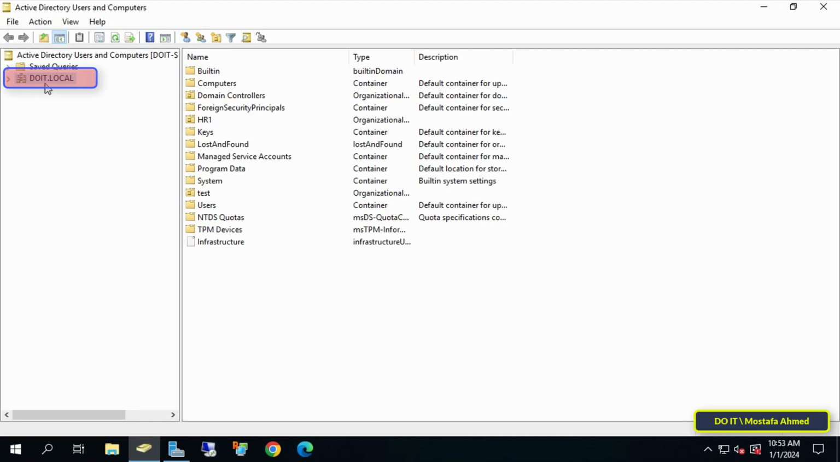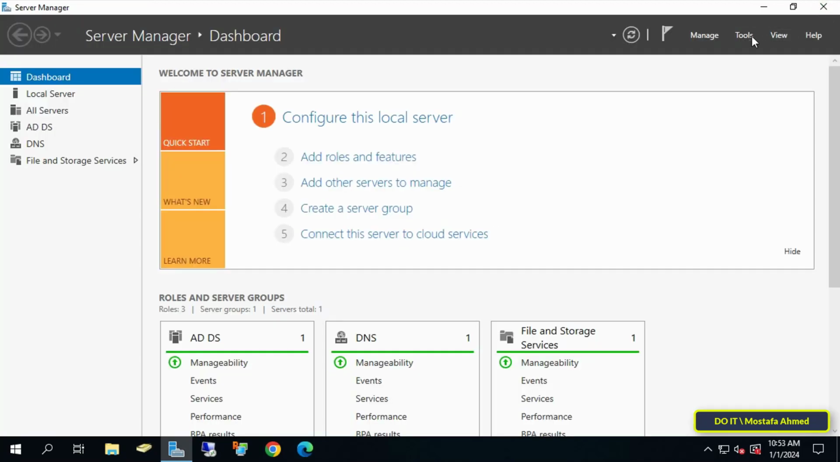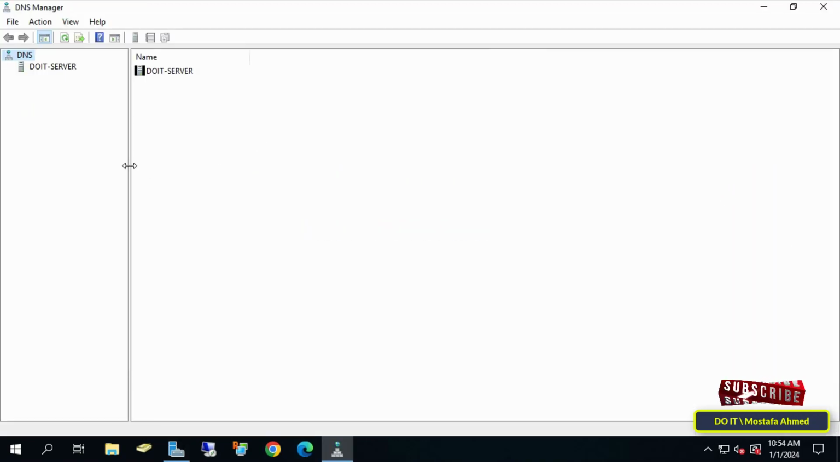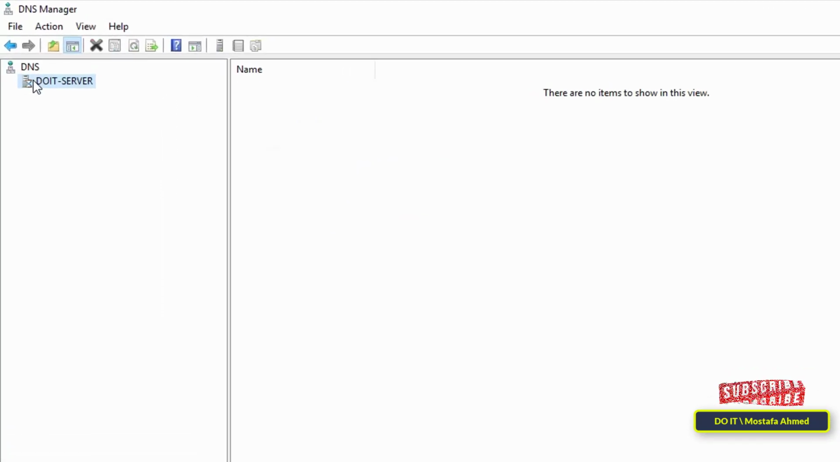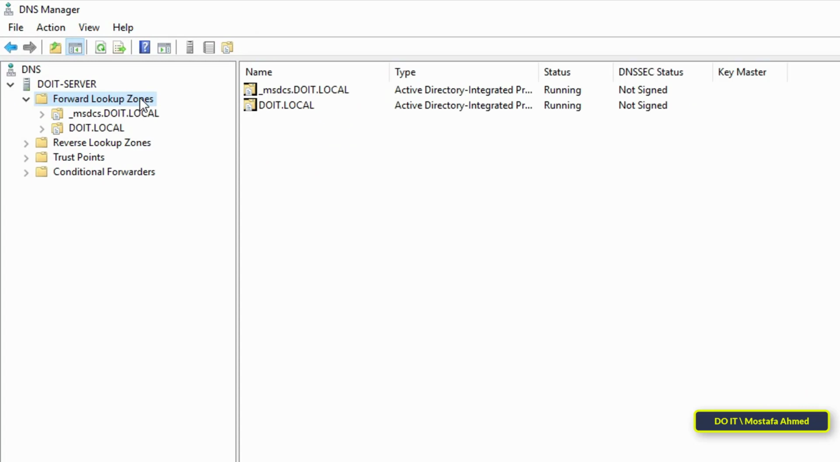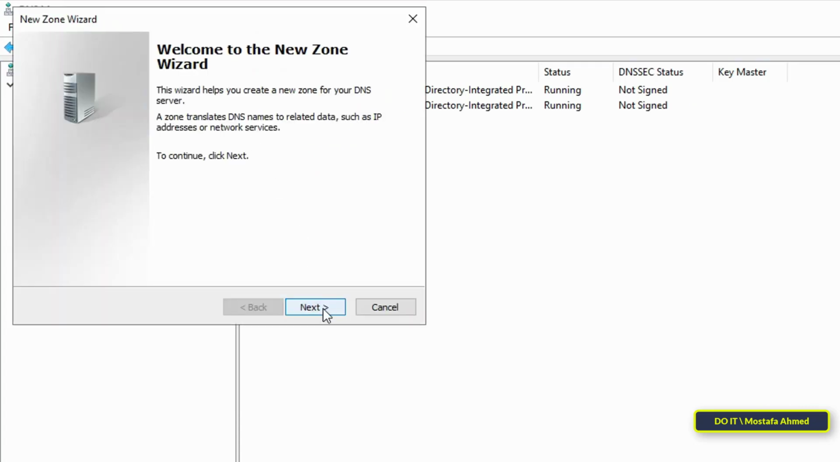Here my domain is called doit.local, and it works normally, and there are no problems, and I will explain how to change it. Close Active Directory, then click on the Tools menu, then click on DNS. This will open the DNS Manager window. On the left side, double-click on the domain name to expand. Then right-click on Forward Lookup Zone, and from the menu click on New Zone to create a new zone with the new